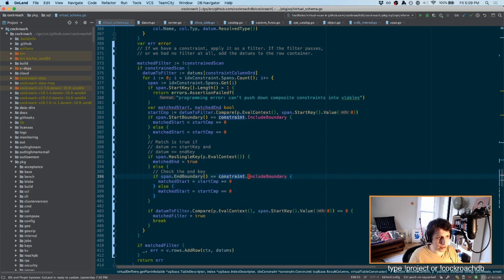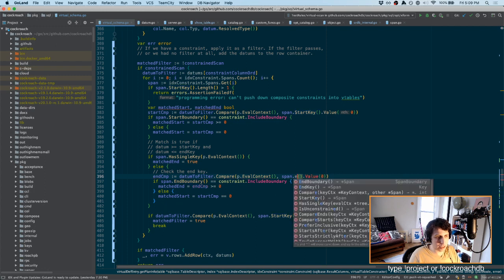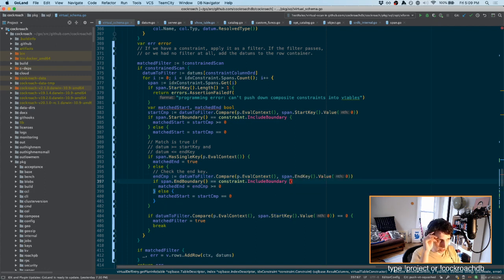If end boundary is equal to include boundary, then we say matchedEnd is equal to endComp, the datum compared to filter.compare span.endKey. If span.endBoundary is equal to include, then matchedEnd is endComp less than or equal to 0. Otherwise, this should be greater, not equal. Otherwise,